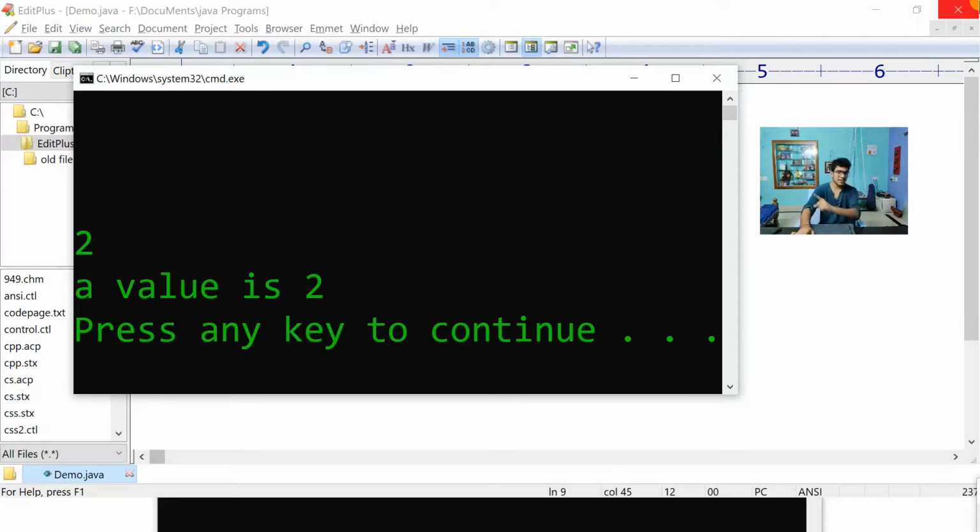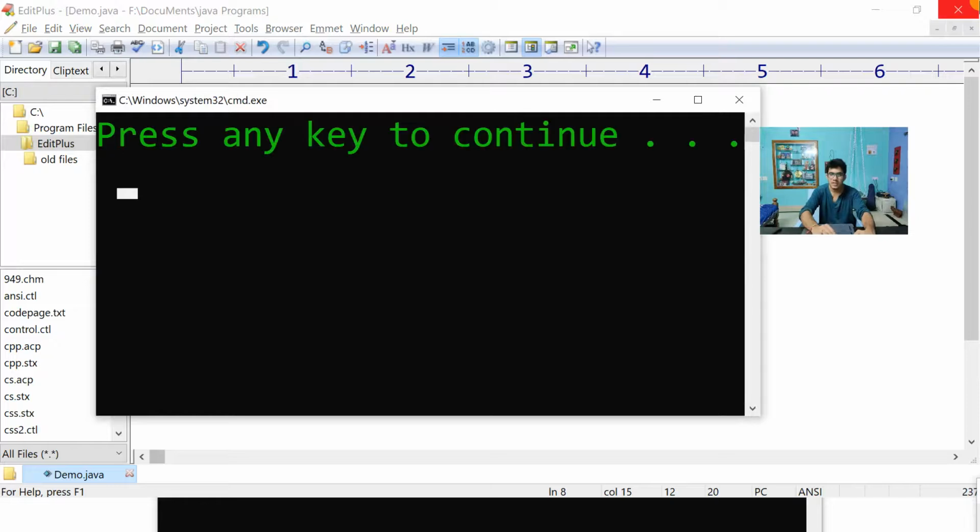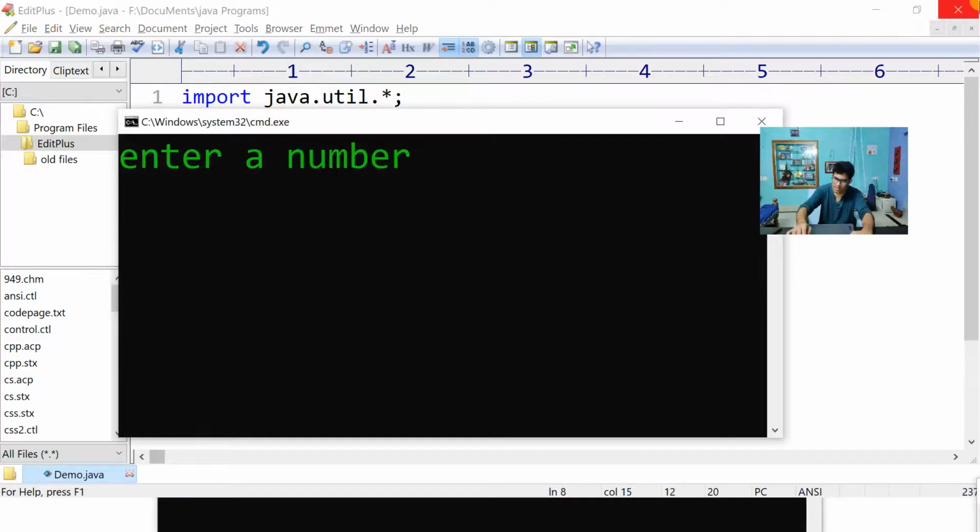Every method is like this, but scan.nextLine is not like this. That's why scan.nextLine is a little different method. I'll tell about that later. Not only next int, next double is also the same thing, and next too. Next is a method which takes a string. If I compile and execute and hit the enter button, it will not take it. I'll hit spaces, but it also will not take them, even though a space is a string, right?